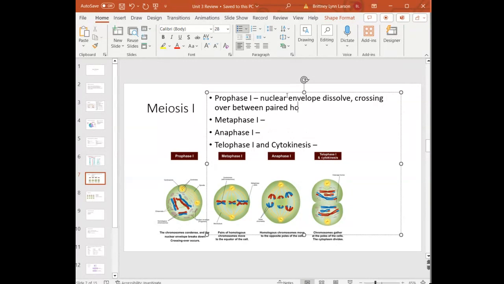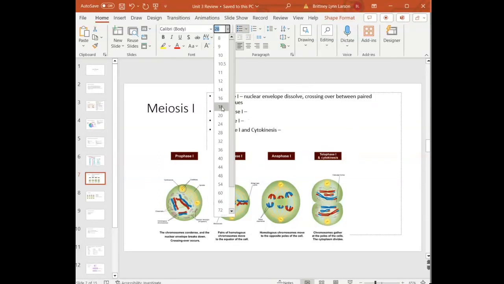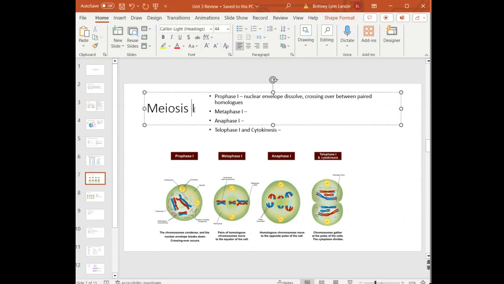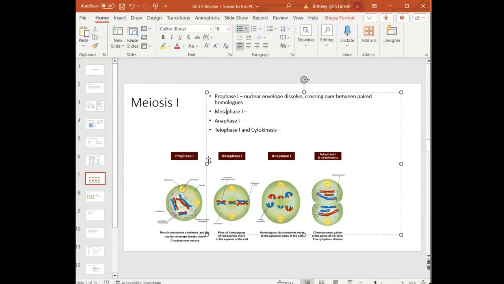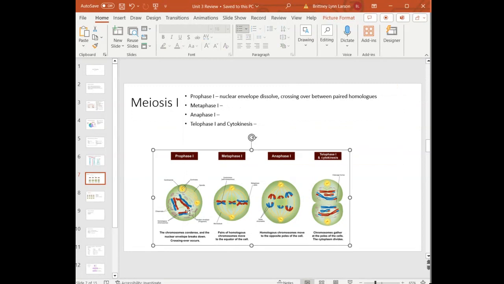between paired homologs. So what this means is that my homologous pairs, my sets of DNA that are given to me from mom and dad, are going to find each other in prophase 1, and little segments of non-sister chromatids are going to exchange genetic information. We call it crossing over because the non-sister chromatids literally cross over top one another in order to